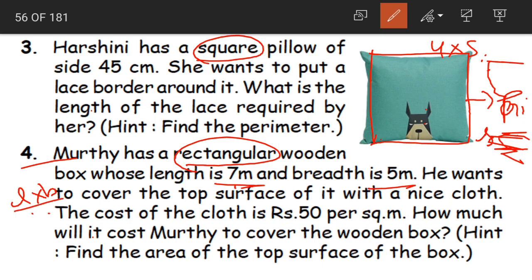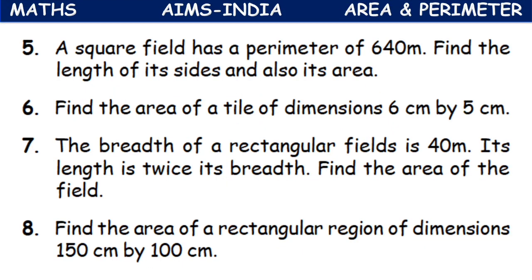So first find out the area of the box, and then the cost of cloth per meter is given. Just as we have done, suppose the area comes to 10 square meters. Yes, so we have 10 square meters which has to be covered by the cloth. The cost of cloth is 50 rupees per square meter. So for 10 square meters it would be 10 into 50, that is equal to 5000 rupees. Is that clear children? This is how you solve word problems on area and perimeter. Here are few more problems for you to solve.